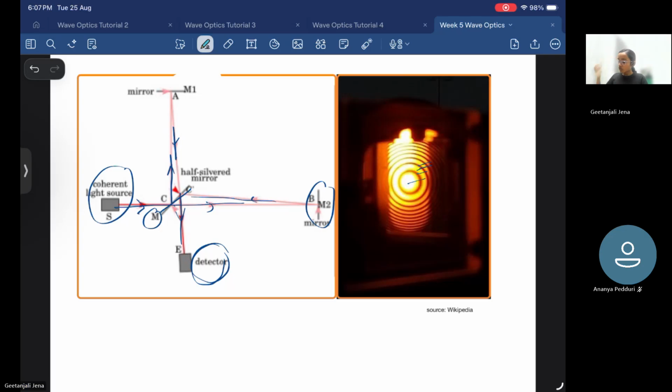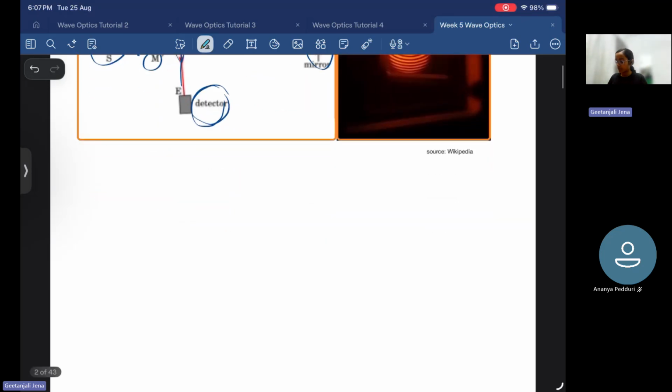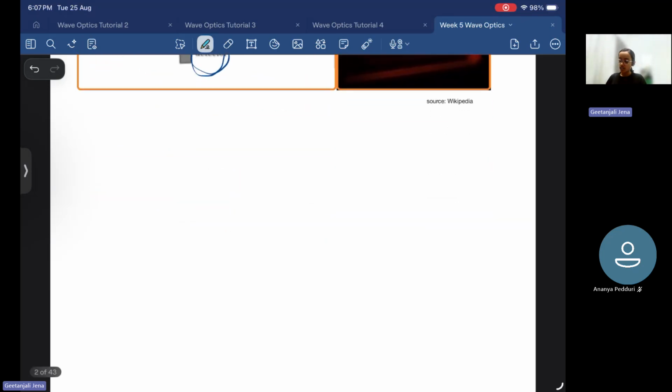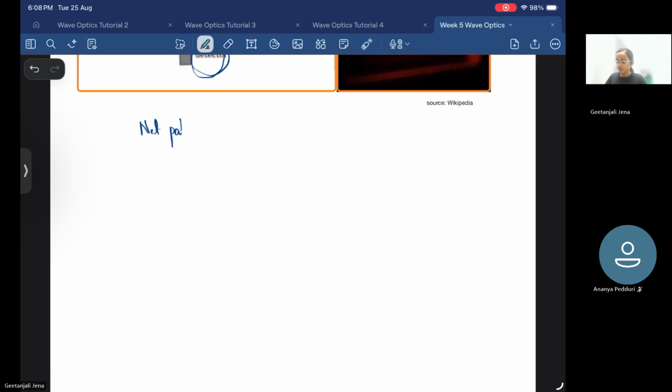To see the condition for bright and dark fringes, we have taken the equivalent optics model to calculate the net path difference. The net path difference is the combination of delta P plus delta R. Delta P is the geometrical path difference because of the mirror position, and delta R is the path difference because of the reflection from the